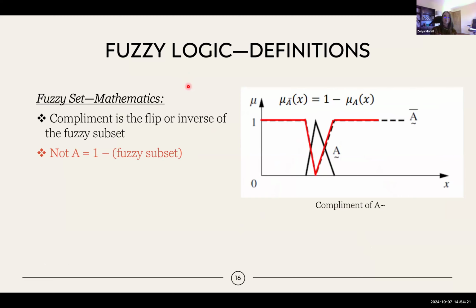And then finally, we can have complement, which I found a bit confusing because I was thinking, traditional logic, normally when you have not A, it's always the opposite of A, like you never have commonalities. But here in this graph, we can clearly see there are 2 points where they have the same values. So it makes sense to a point, like not A is 1 minus the fuzzy subset. And then you realize that it's just the inverse, the flipped version of that set. And the reason it makes sense is this is the halfway point. If something is 0.5 full, it's both full and empty. So that's why it's in both sets.